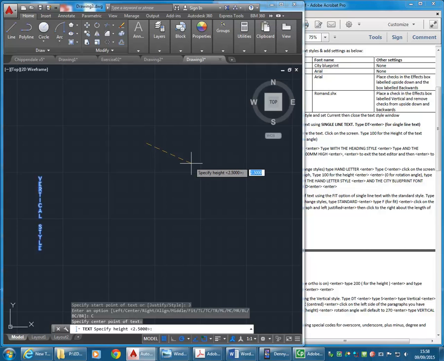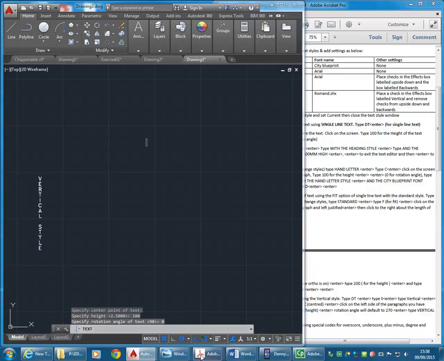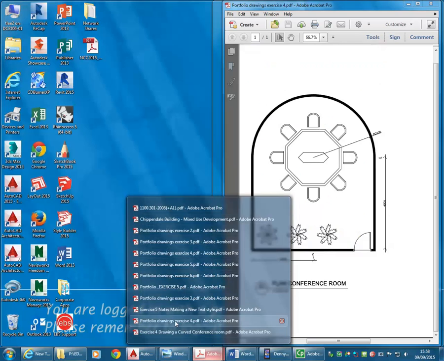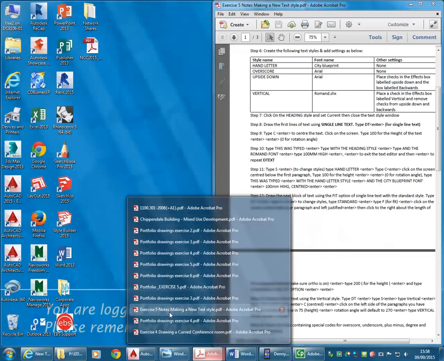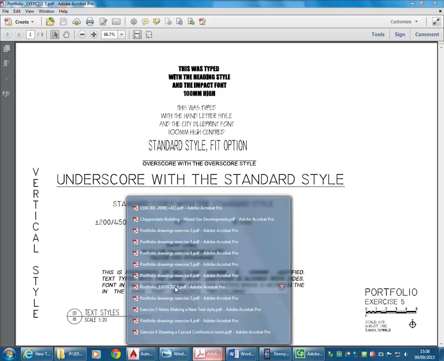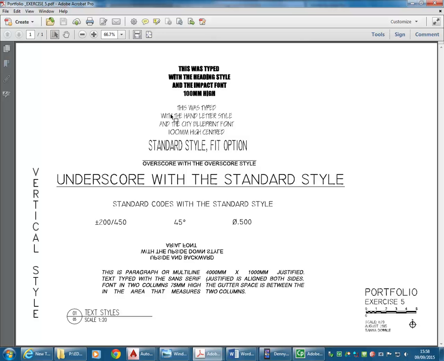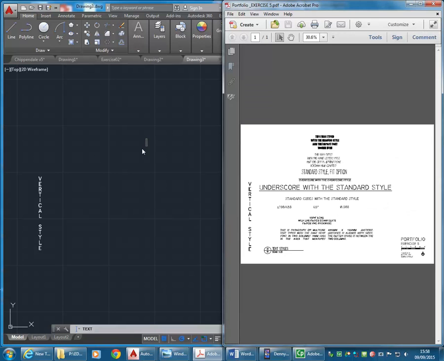And then again, because I've left 0 as the height in the style, I need to type in 100 and enter. And then for the angle, again this time 0 to set it back to 0, even though it was before. Need to set it back again. And then type in